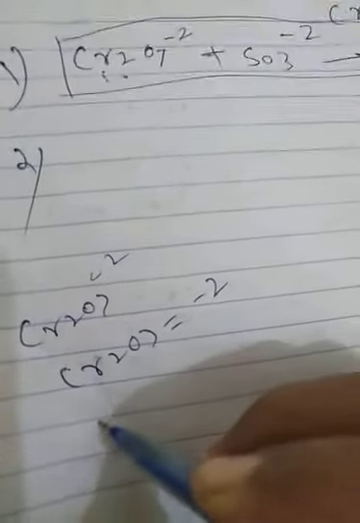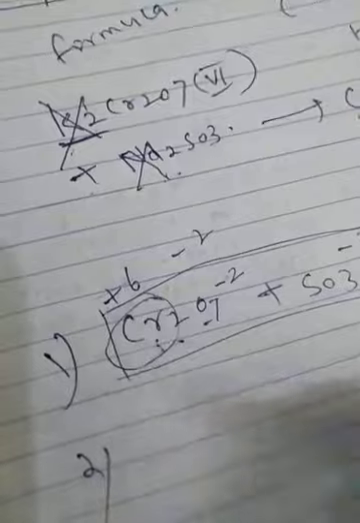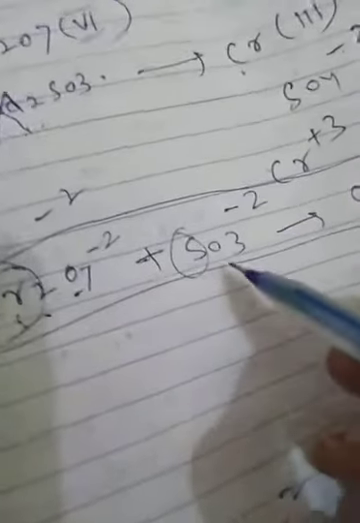We have to write Cr2O7 2-, and find out the oxidation number for chromium. 7 times minus 2 plus 2 Cr is equal to minus 2. 2 Cr plus minus 14 is equal to minus 2, so 2 Cr is equal to minus 2 plus 14, which is 12. Cr is 12 upon 2, which means 6. So the oxidation number of chromium is plus 6. In this way you have to find out. And oxygen is minus 2, you know. It is important to know who is going for oxidation and who is going for reduction. Like that you have to find for SO3 2-. 3 times minus 2 is minus 6.